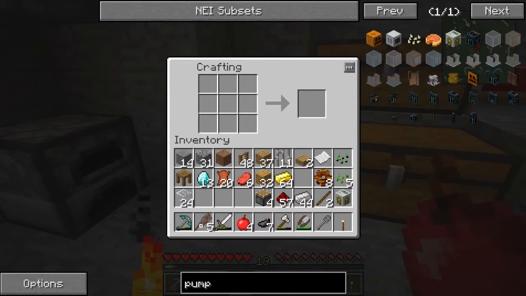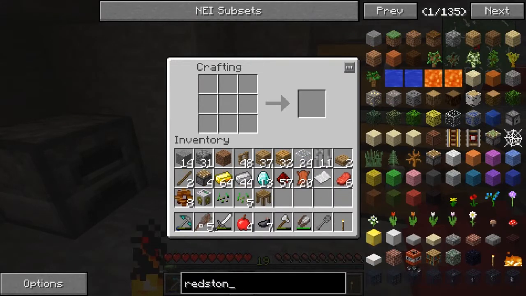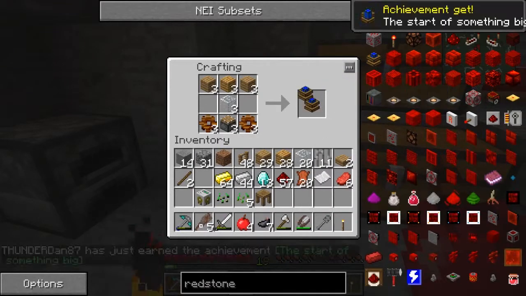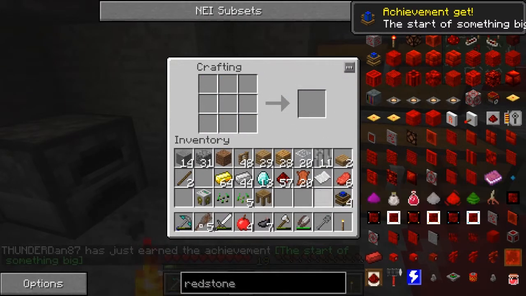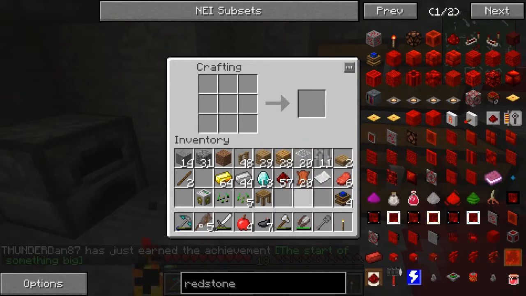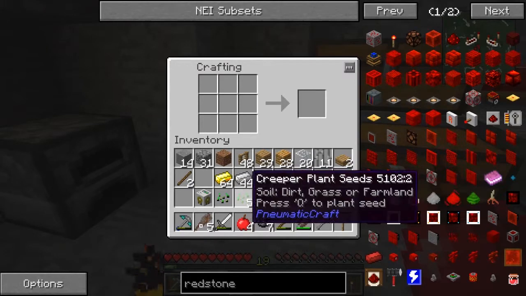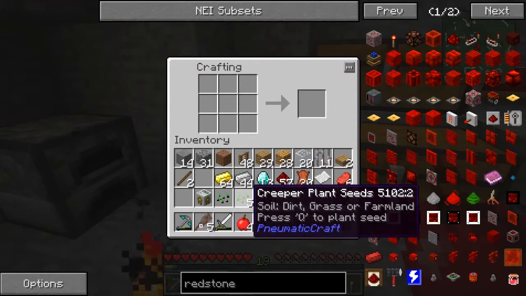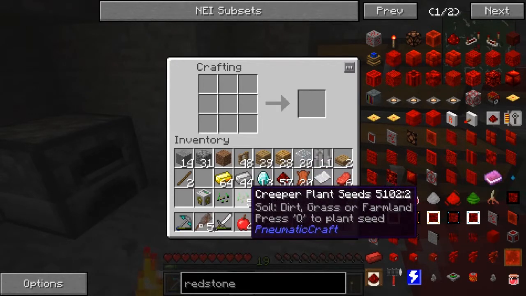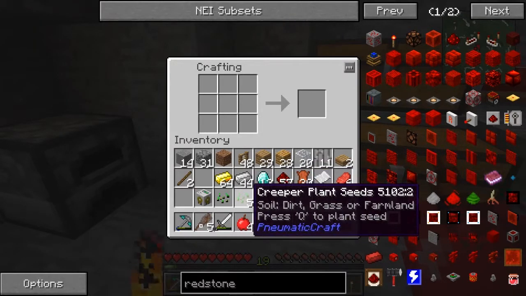Alright, so that should be that. Let's see here. Redstone engine. 2, 3, 4. Alright, so we've got 4 redstone engines. And we're going to need pipes, fluid pipes. So I went out and I couldn't find a desert, but I did find these creeper plants,